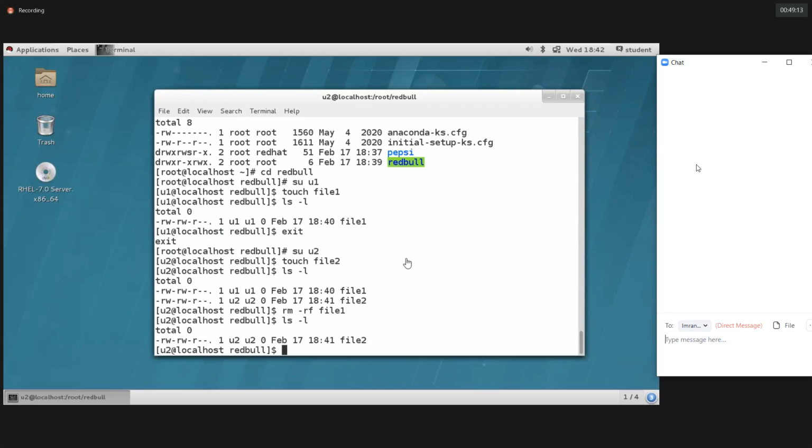Maybe Anurup came and then deleted it. Anurup had the access to delete the file created by Sachin, because the Red Bull directory has the full permission. Maybe he is a different owner, but this directory has the full permission. Full permission means we can create, modify, and delete.